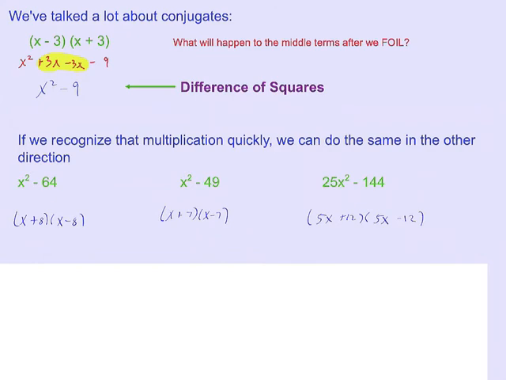And because these are two conjugates, when you multiply them, the middle terms would definitely cancel out. In this case, it would be a plus 60x and a minus 60x. But we don't care what they are. We care that they cancel out, and that makes the factor